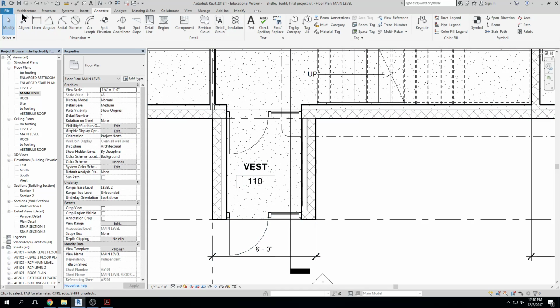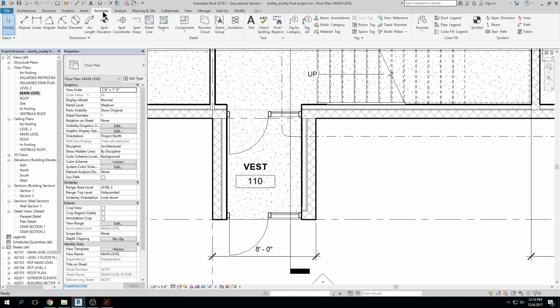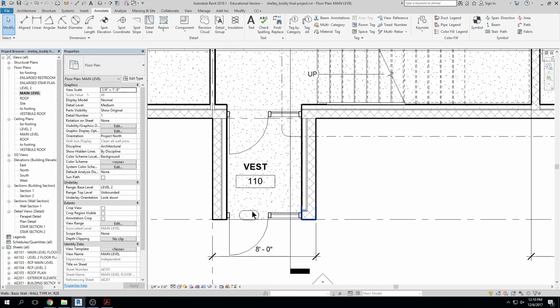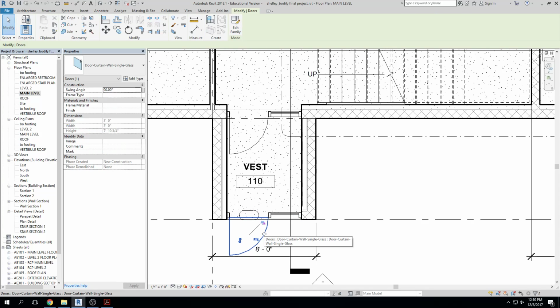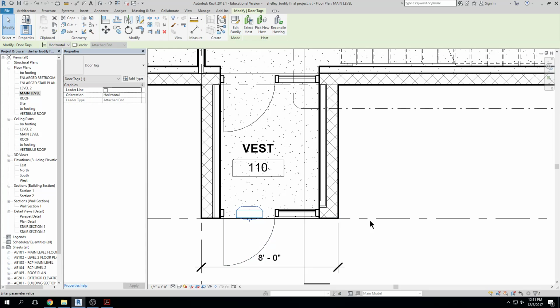Let me do this. I'm going to go to annotate, and I'm going to go to tag. And when I hover over the door, click, it gives me a question mark. It gives me a question mark because that storefront door doesn't have a number associated with it, right? Doors that are regular doors inside the project will number themselves. So they'll sequentially number themselves. A storefront door will not do that. And so what you need to do is click on that tag, click on it again, and give it a number, like